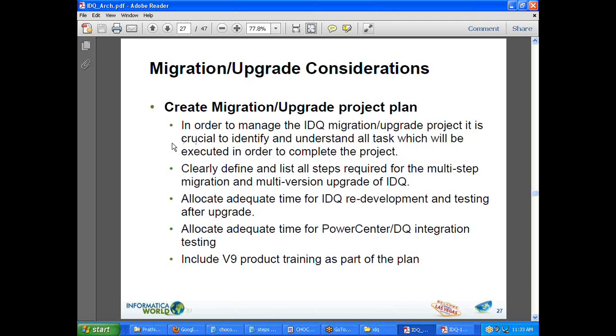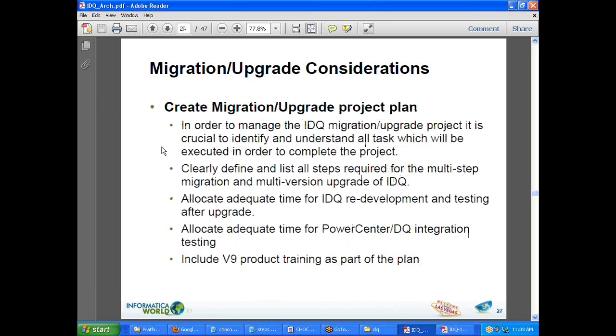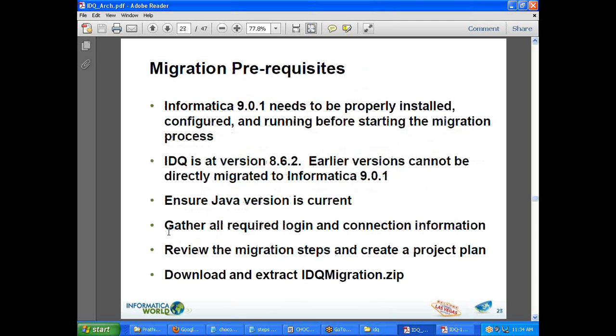Now some more points, or considerations, while performing migration. What we need to do here is clearly define all the steps, like what do we need to consider while performing migration. Is it a single version or multi-version migration? These are very basic points. I think this part you can invest time in reading. These are all generic points, you can go through them. It's very straightforward. And prerequisites: make sure that the environment is set for the to and from versions, and then ensure